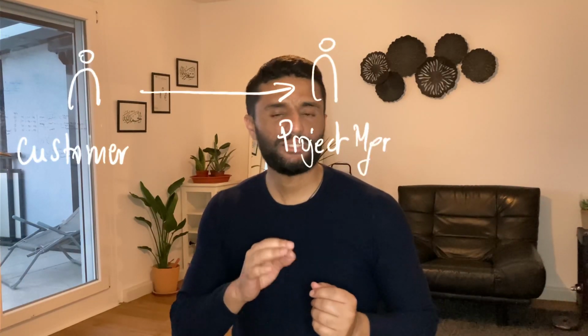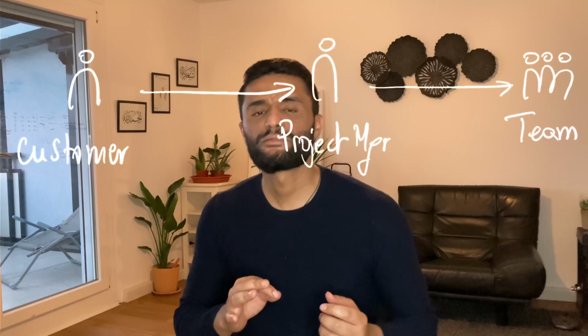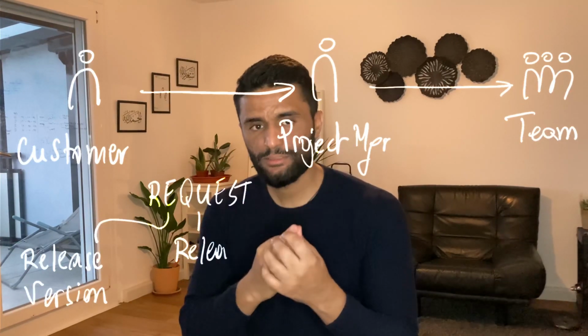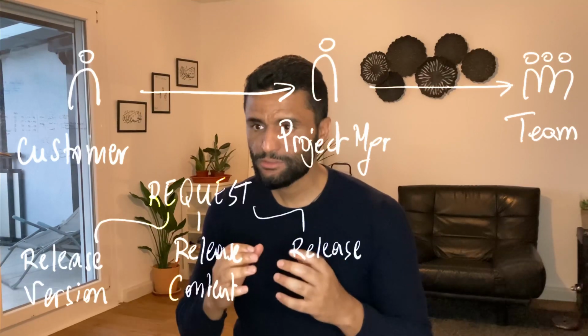The customer is always expecting three things with each release: first, the release version, the release due date, and the release content. And the release content, let's imagine, is composed of 7 features. So the customer is expecting 7 features in the content, and he is expecting the software to be released 4 weeks from today. And I would never ever recommend giving any commitment to the customer.